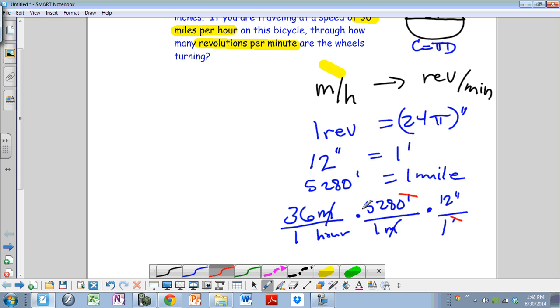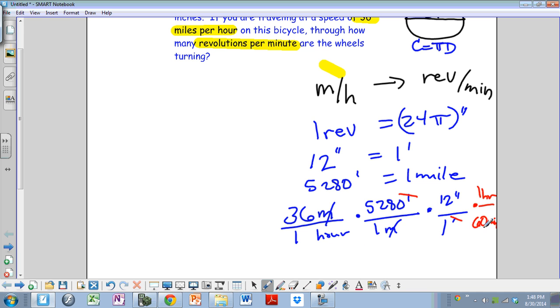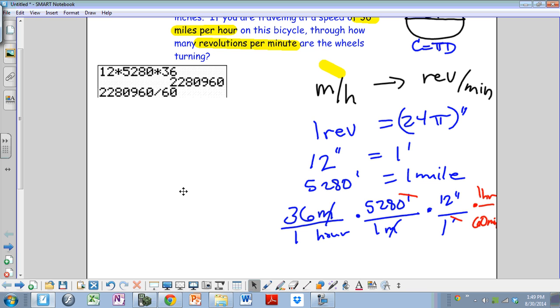Now the value of this will give us inches, but it gives us inches per hour, and what we want is inches per minute. And you know that 1 hour equals 60 minutes. When we do this multiplication, 36 times 5,280 times 12 divided by 60, what we will get is a number of inches over minutes. When you do this in the calculator, you multiply the numerator to get this number of inches, 2,280,960, and then when we divide by the denominator, which is 60, we'll get